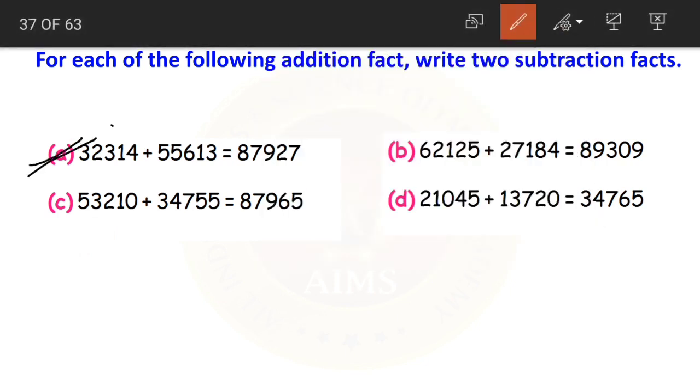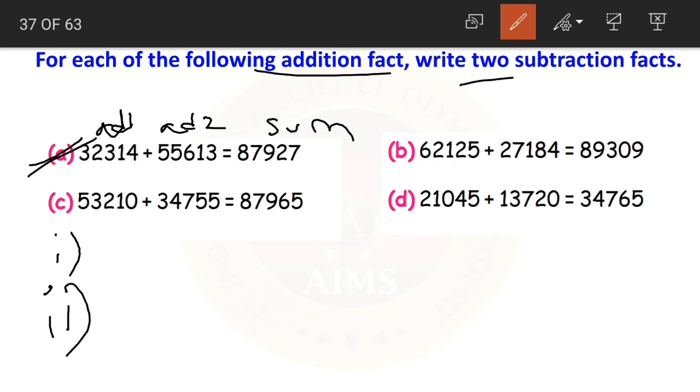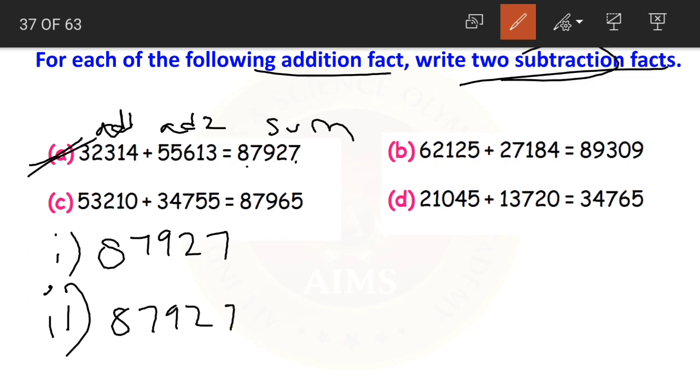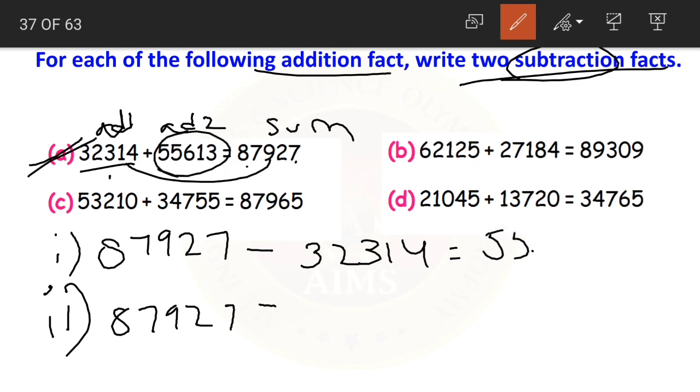See, question number A, let us solve. Addend 1, addend 2, and this is our sum. For each of the following addition facts, we need to write two subtraction facts. What did I say? First write the sum, 87,927. Then as it is subtraction, keep the minus sign. Now write the first addend here. Yes. What will the answer be? Sum minus addend 1 will give us addend 2,